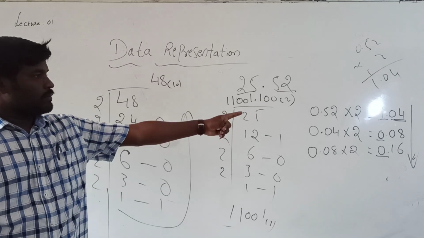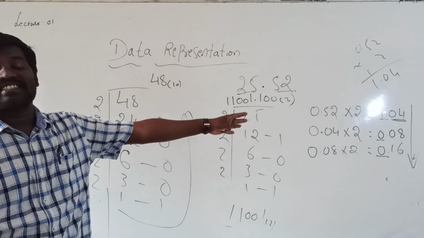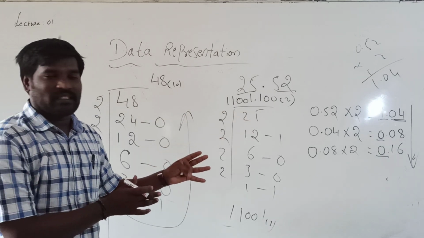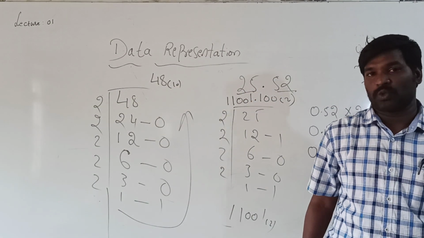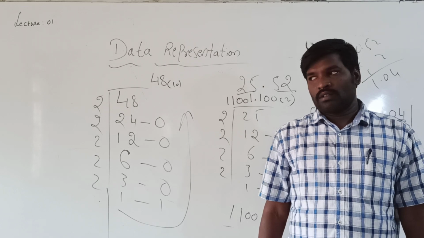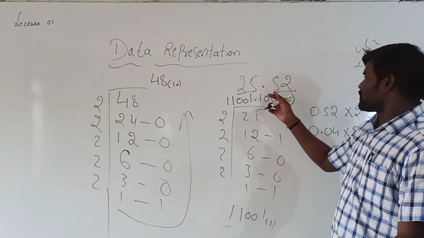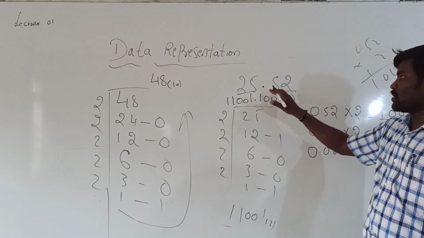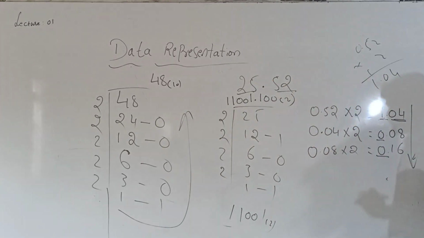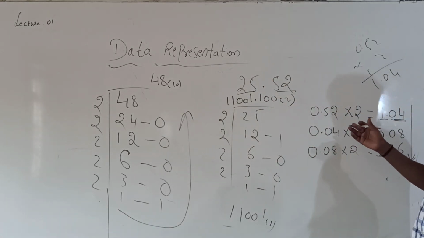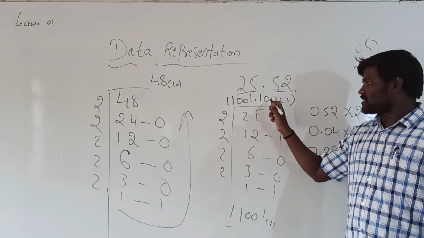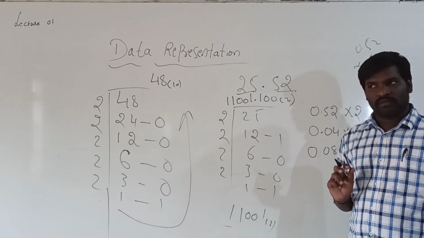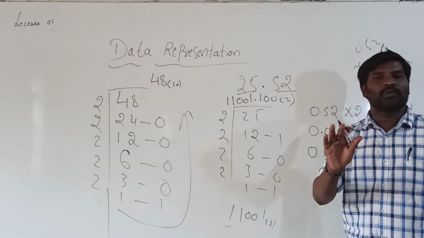So this is the method for fractional numbers. If it is a fractional number, just multiply with 2. First observe the number of digits in the fractional part. If it is 2 digits, maximum you can solve 3 to 4 digits, otherwise you have to solve only 2. For example, 0.10100 is equal to 0.1 only.